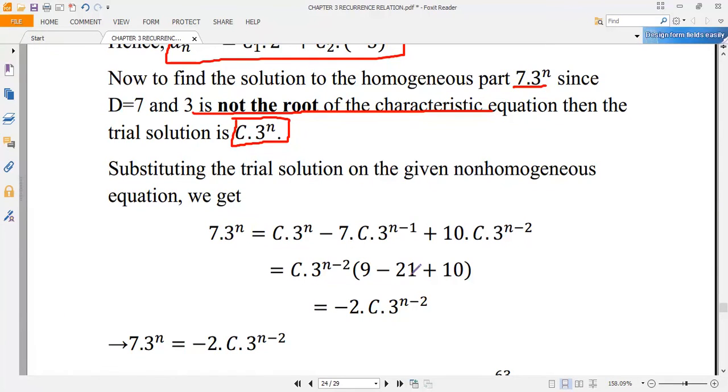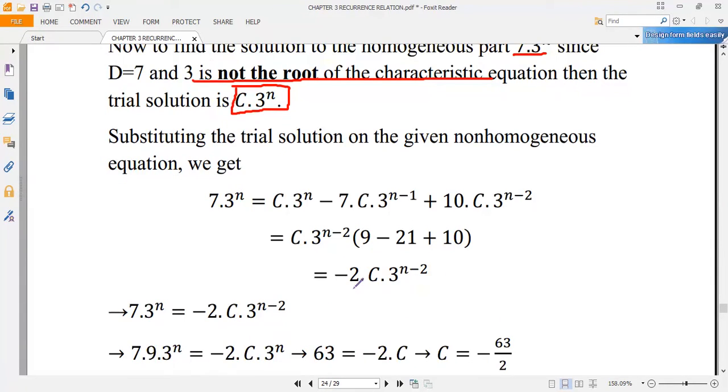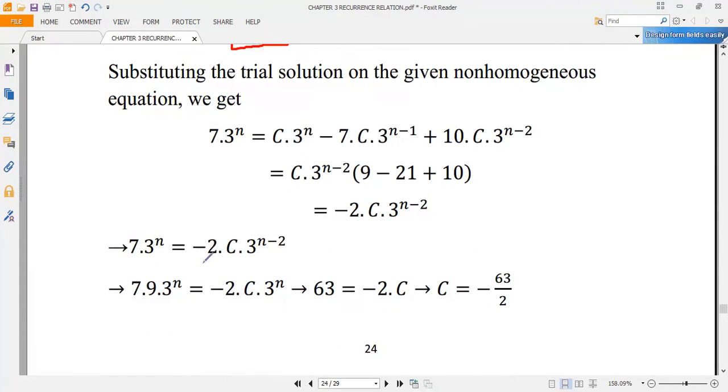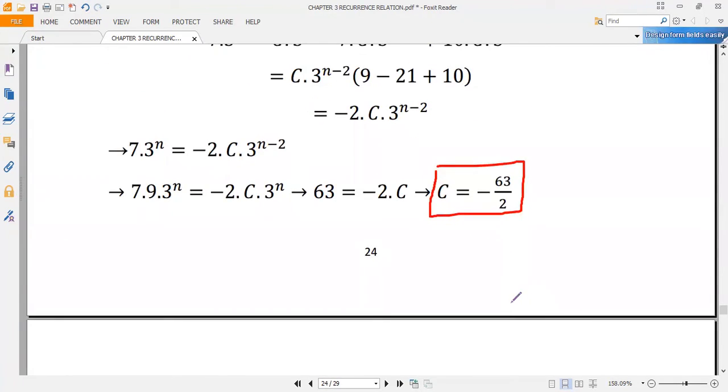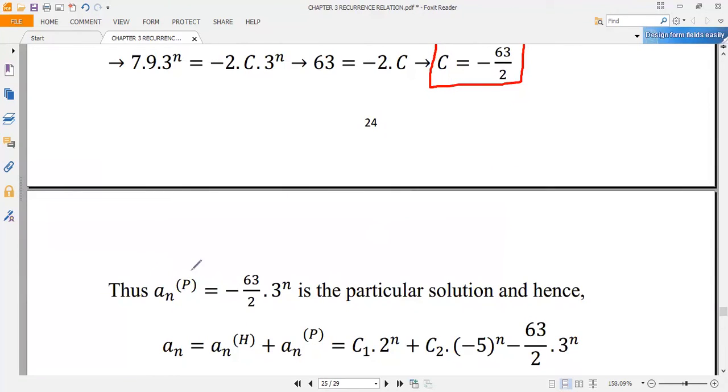And on this one, 3 times 7, which is minus 10 to 2. And what's left here is 10. So adding this one, you will get minus 2 times c times 3 to the power of n minus 2, which is equal to 7 times 3 to the power of n. So cancelling those similar terms, you will get that c is minus 63 over 2. Therefore, the particular solution to the non-homogeneous part,